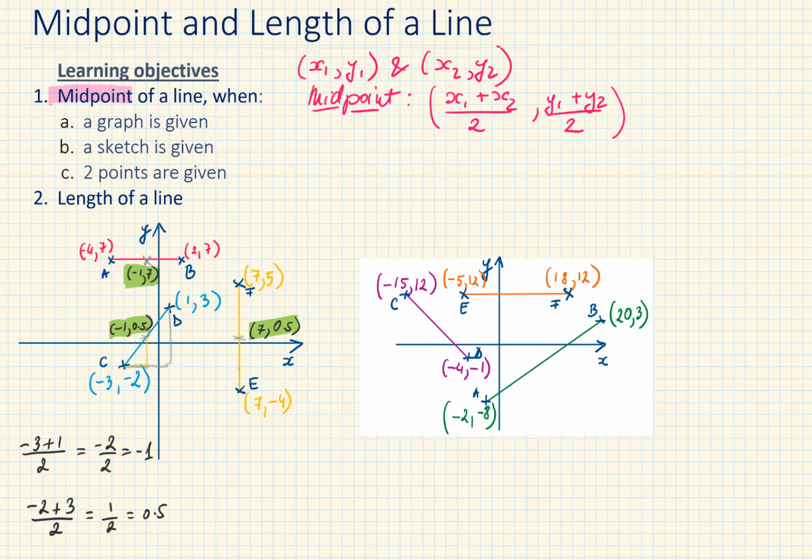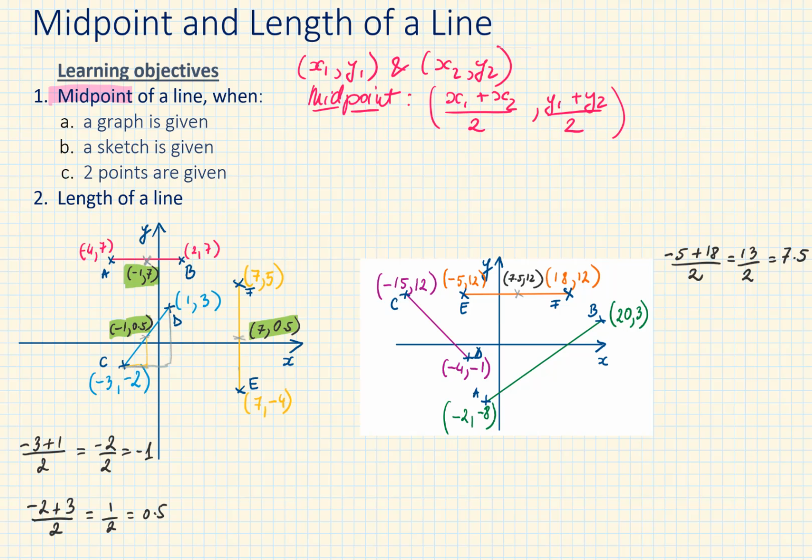To work out the midpoint of a line when a sketch is given, the formula for the midpoint is going to come in really handy. Let's look at the orange line. For the coordinate points E and F, -5, 12 and 18, 12, we can see that the y coordinate will stay the same. That's going to be 12. Looking at the x coordinates of the line and following the formula, we have -5 plus 18 divided by 2 equals 13 divided by 2, and that is 7.5. The midpoint of EF is